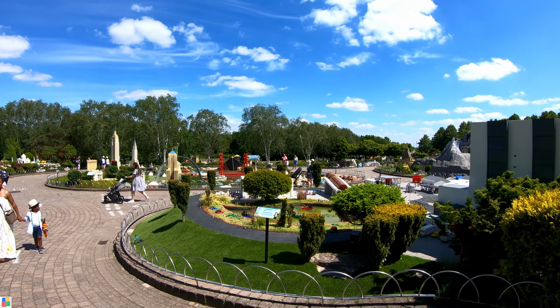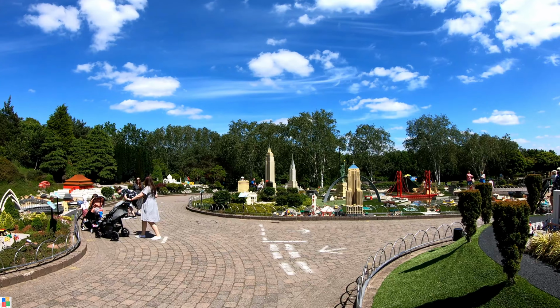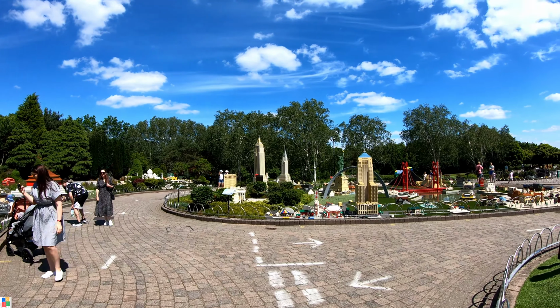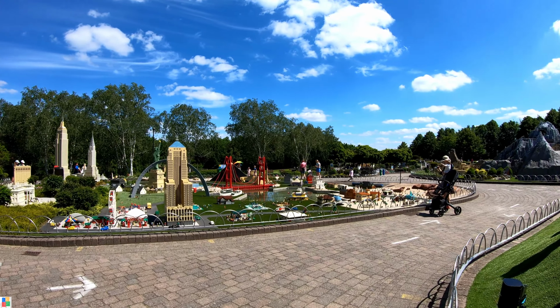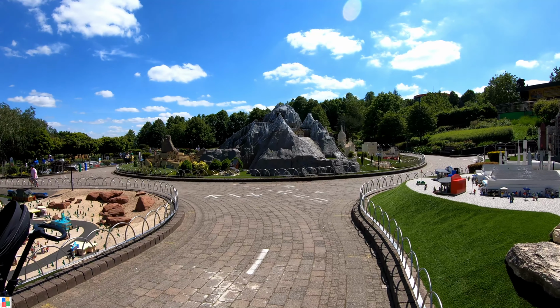Now, whilst we make our way down to Mythica, we're going to go through Miniland. I'm just going to keep pointing, and you can enjoy Miniland while I go through the review of that. So that was Journey into Mythica, which effectively follows